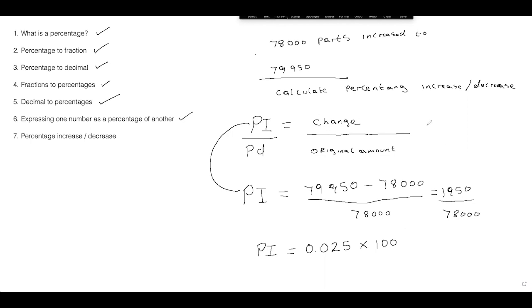So in this formula here, you would actually have times 100 there. Okay, but because I'm working it out stage by stage, you say times by 100 there. So now you come down here, 0.025 times 100. So percentage increase is